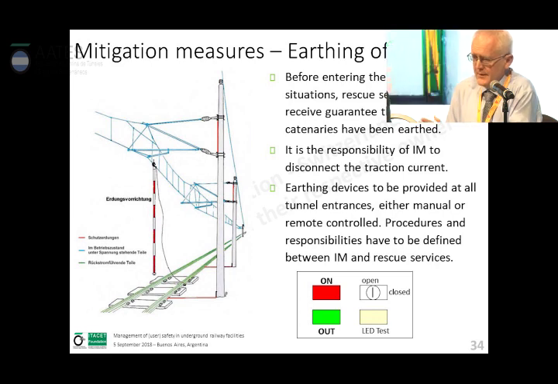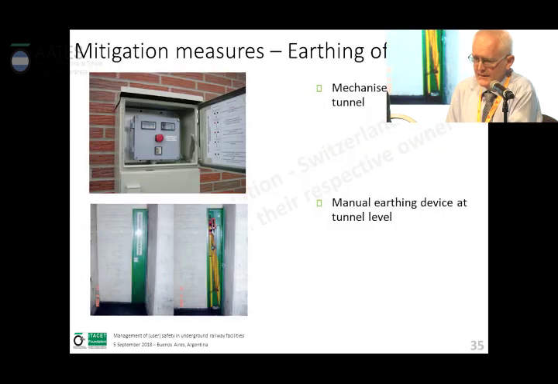So there are systems at egress shafts, for example, where you can do this earthing of the catenary by just pushing an emergency button that's mechanized, or you have to provide manual earthing devices all along the tunnel at certain access points. So that's shown in the lower image. So, but earthing, of course, is a major aspect as well. At least certain rescue activities or firefighting activities can only start if the system is depowered.